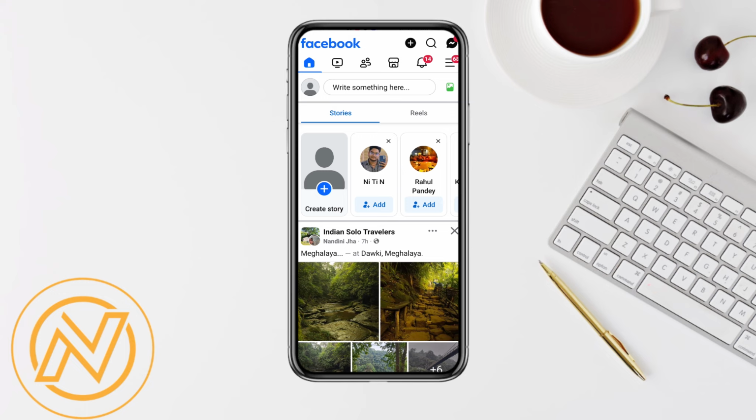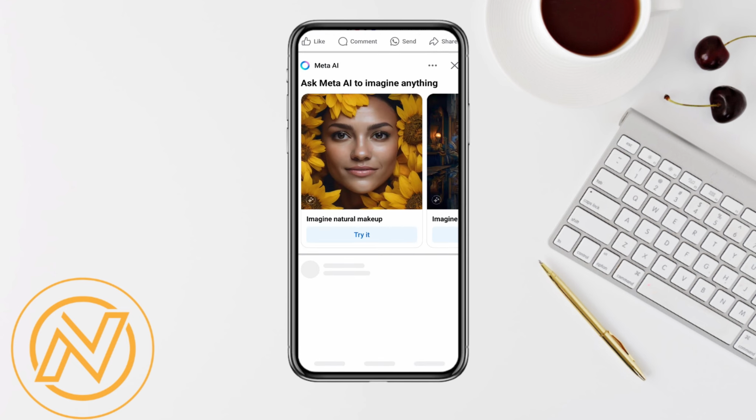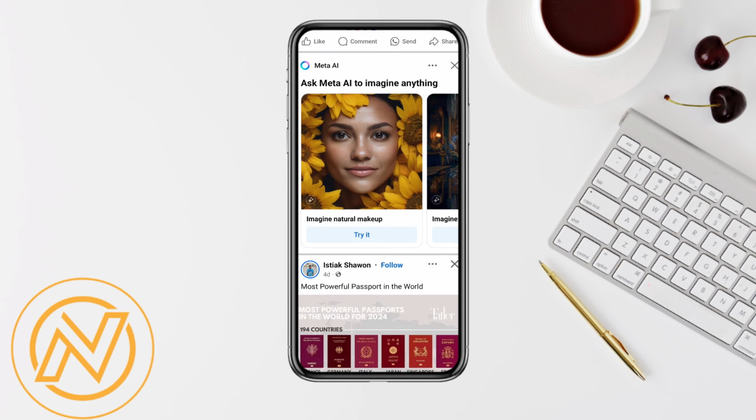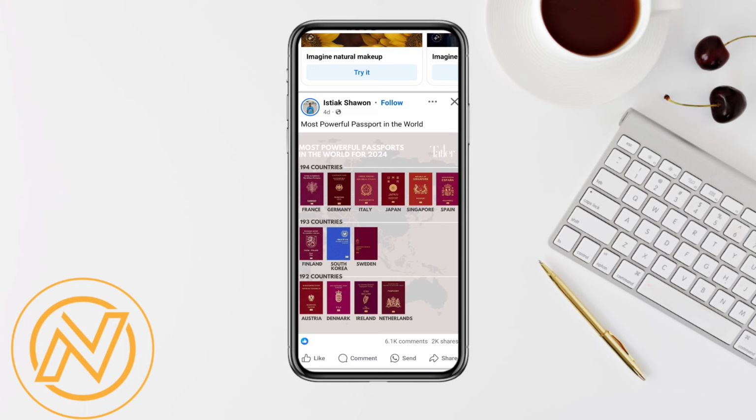So first of all, just simply open your Facebook account, and after that just simply log into your account using your credentials. And once you have logged into your account and you see that you are facing the featured photo problem, that they are not showing in your account, so in order to fix that, all you have to do